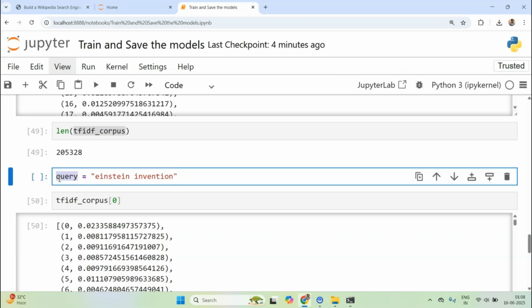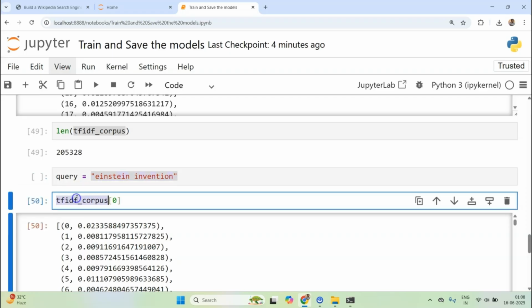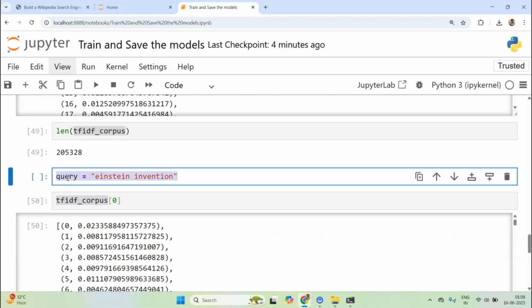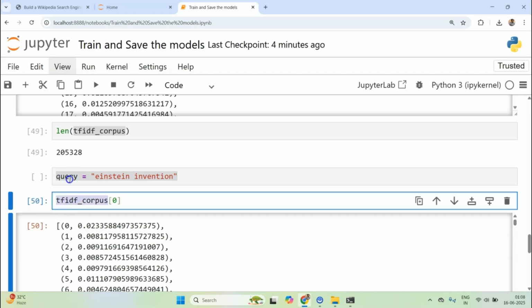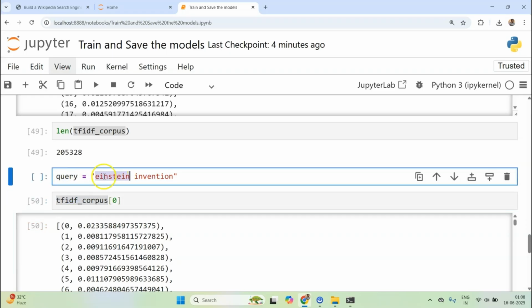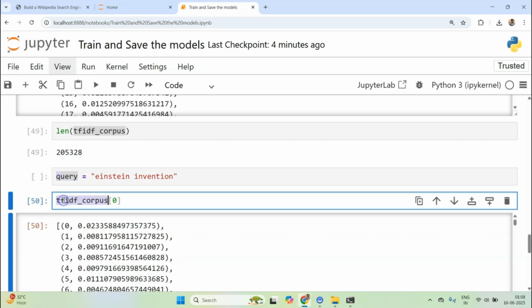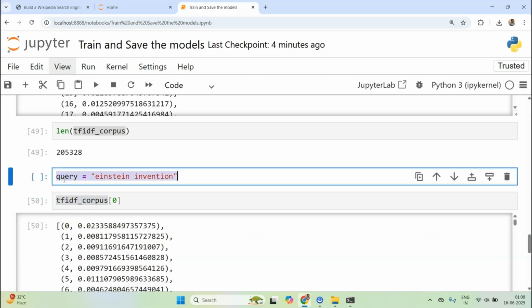Vaguely, if you know anything about finding stuff, what I want to do is find the TF-IDF vector for the query as well. Then, because in mathematics we can compare distances between vectors, once I have a vector of the query, I can check which of the vectors in the TF-IDF corpus is closer to the vector of the query, and whatever that vector is, I will show it to the user. I hope it makes sense, right?